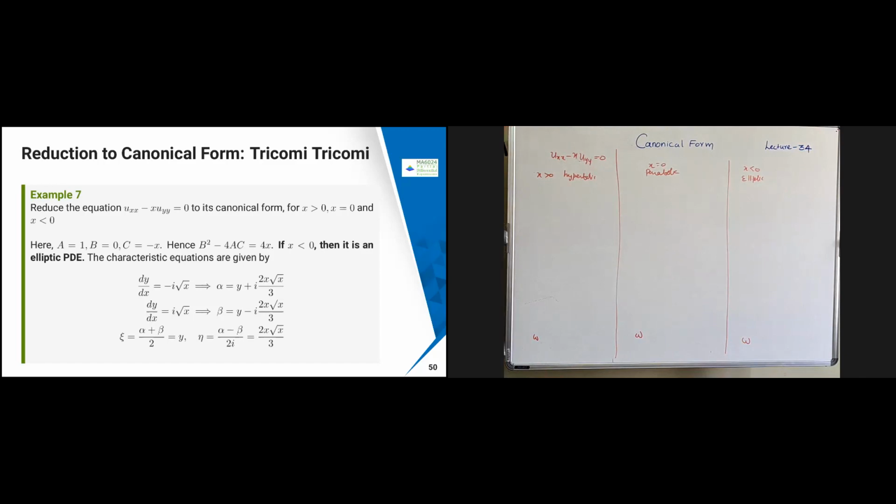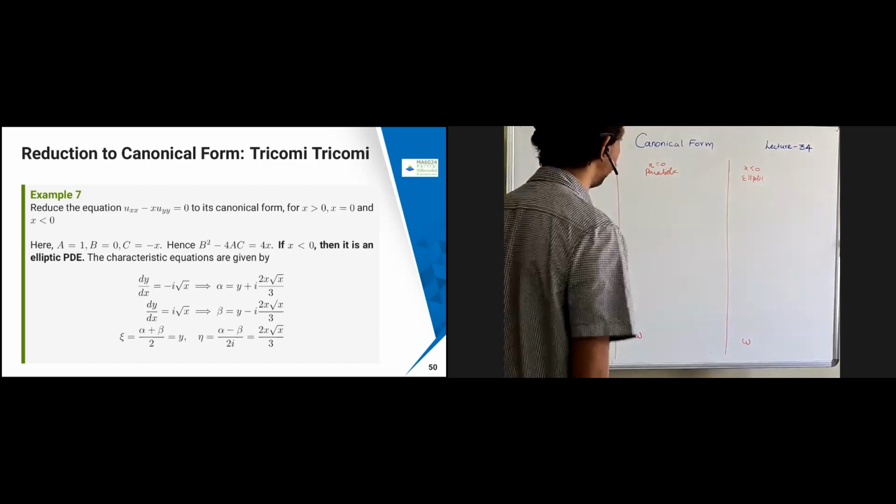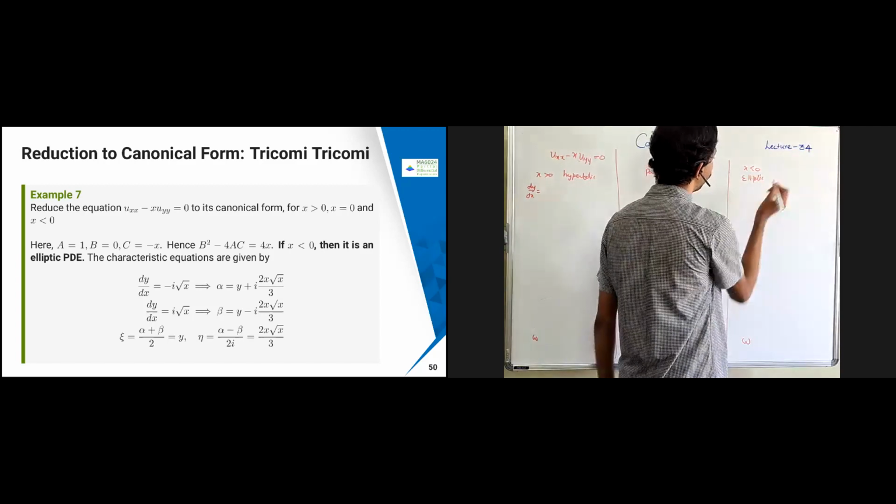Okay, we'll see that. So first case. So in this case, dy by dx equal to, I have to find what is my dy by dx. So dy by dx is going to become like minus b plus or minus root of b square minus 4ac. B is already 0. B square minus 4ac, so 4ac is going to become like 2x, etc. So we are going to get only. Okay, here I have solved the elliptic case first. So we solve the elliptic case. Same way, we solve this one first.